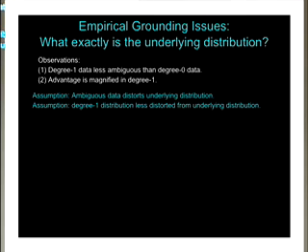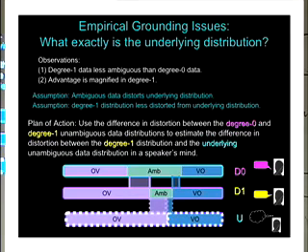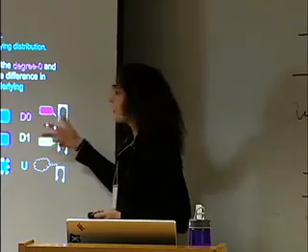So the idea is that we assume that ambiguous data distorts the underlying distribution, because there's no way to know of the ambiguous data if it was equally object-verb and verb-object, or if there was some kind of bias within it. And if we assume that the degree 1 distribution is less distorted than the degree 0, because it's got less ambiguous data, the advantage seems magnified, then we have a plan of action for deriving this underlying distribution. It's basically to use the difference in distortion between the degree 0 and degree 1, which we can observe, and use that to estimate the difference in distortion between the degree 1 and the underlying.